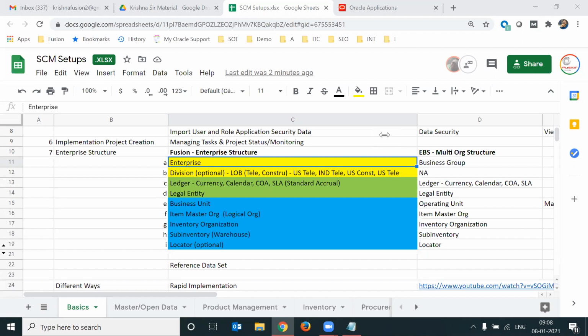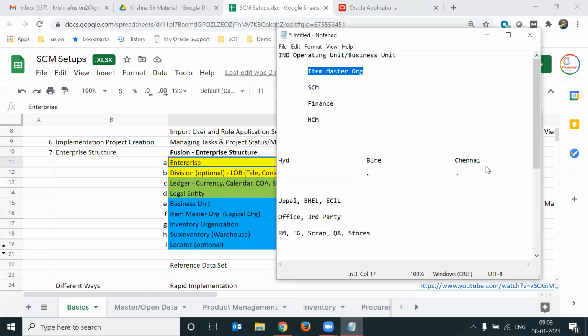So we have three inventory organizations here. For all these three inventory organizations, we can define one cost organization and enter the item cost. We can also enter the item cost individually. I mean to say, for Hyderabad you can enter $10, for Bangalore $11, and for Chennai $8. We can define it individually, but cost is something controlled at the cost org level.